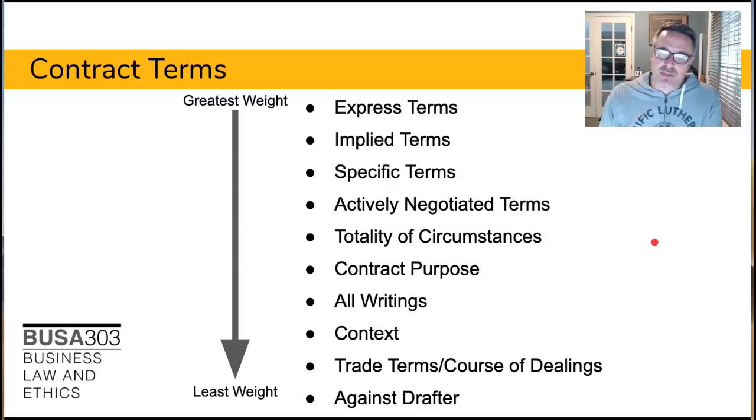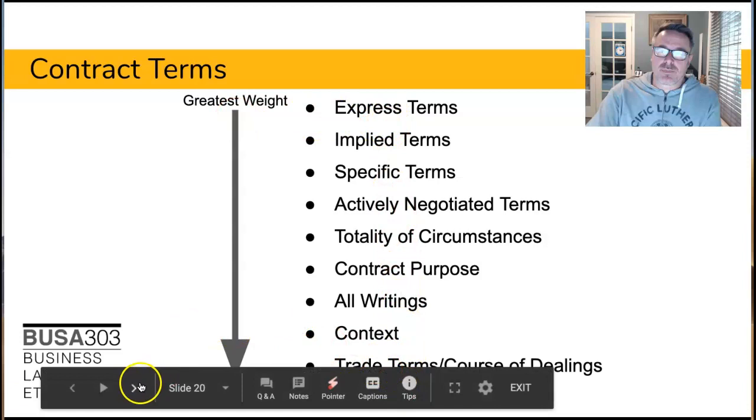against the drafter. What that means is that for any ambiguous term, the general rule is that whoever drafted the term, you interpret it against the drafter. So you penalize the drafter for an ambiguous term, although most major and well-written contracts will have a provision in it that will say something like the parties agree that they both equally drafted it, so it avoids this kind of problem. But the court will start at the top and work their way down to try to interpret the meaning of a provision that they can't agree